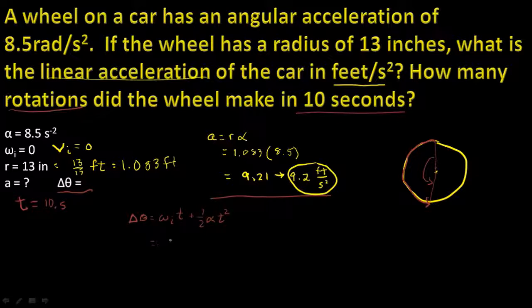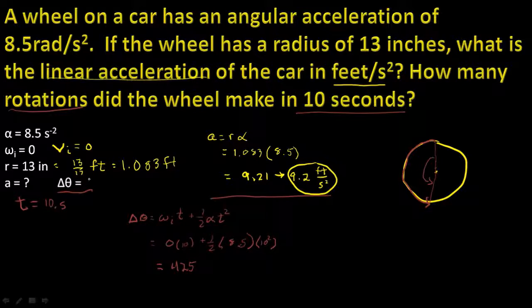And so that's going to be 0 times time, which is 10 seconds, plus 1/2 times 8.5 times 10 squared. Okay, so that gives us an angle of 425